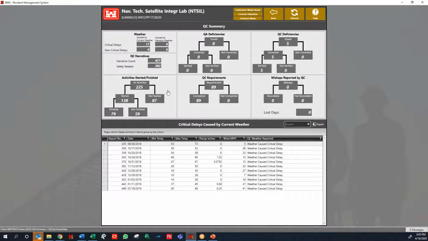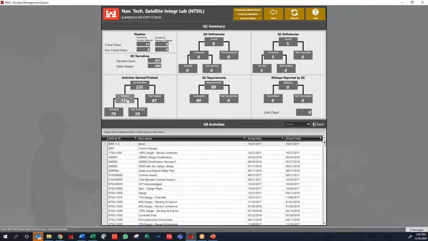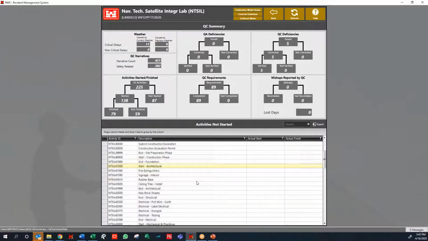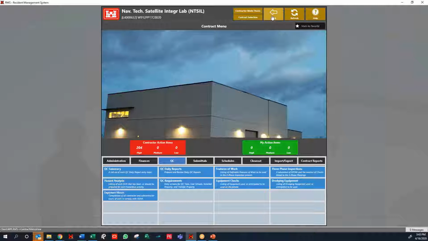I really like this screen. I know a lot of people don't use it, but I like to see the different activities started, stopped. As a QC and a scheduler, I can see different things very quickly: deficiencies, requirements. If QAs have it, QCs have it, mishaps, or different activities that have started or stopped or not started at all. So those are helpful. They're helpful to a QC if you want to mass update some things. We did all this work and we updated it. So